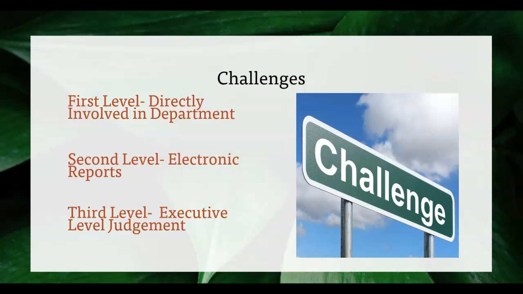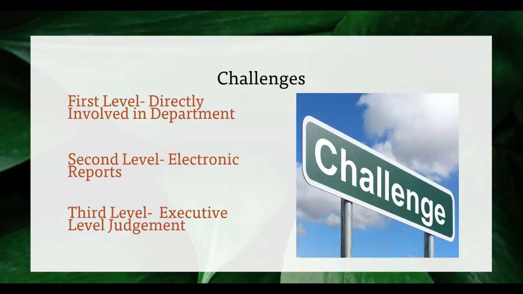The second level, once again, the electronic reports, gives you the information. It just doesn't tell you why. So that's why you have to go back to your first level to be able to get that information. It gives you the numbers, but it doesn't give you the information on why those numbers are the way they are. And then once again, the third level, executive level judgment, sometimes these are all pretty much intertwined,